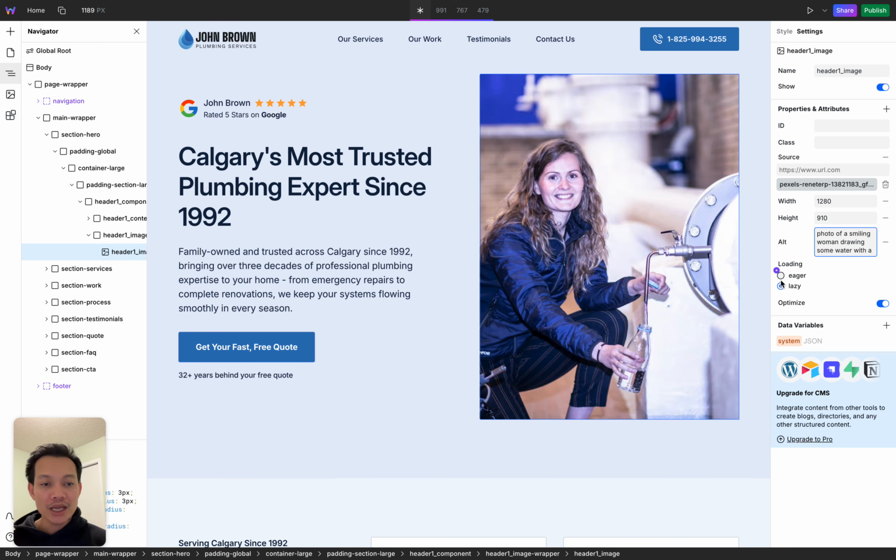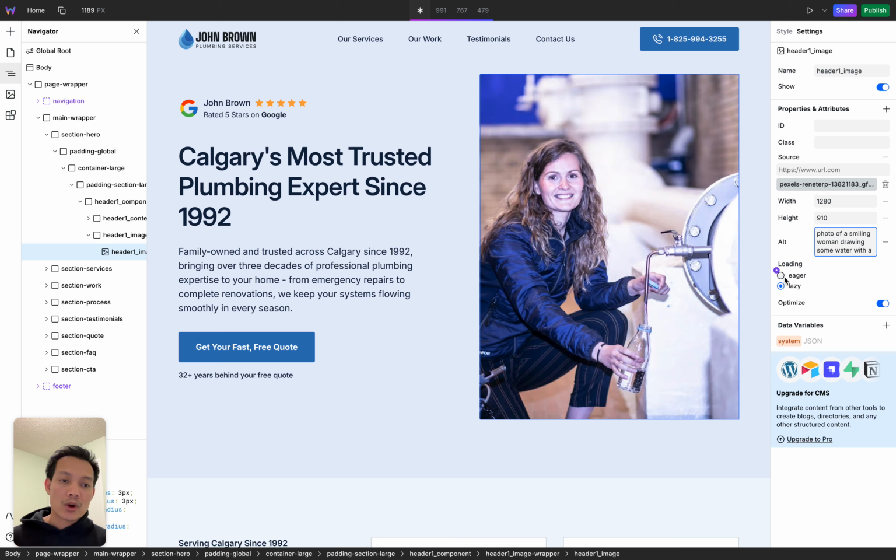And for this setting, loading right here, please leave it as lazy. This is one of the settings that Web Studio allows you to do that helps with search engine optimization. So just leave it as lazy. The difference between load lazy and load eager is that if you set it as eager, your website will try to load the image as soon as someone visits your website. So, for example, if your image is very big, and it is big for the slow internet of whoever it is,